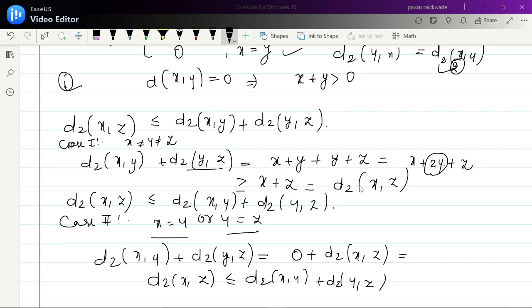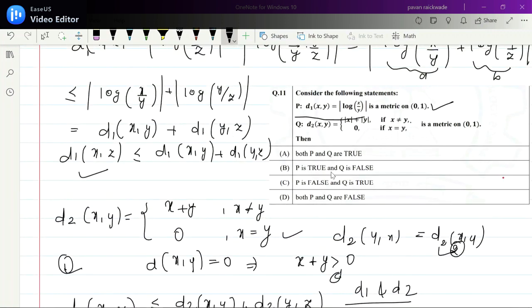So both d1 and d2 satisfy all the three properties of being a metric. So both P and Q statements are correct. So the answer to this question is A. Both P and Q are true. Right? So let's move on to the next